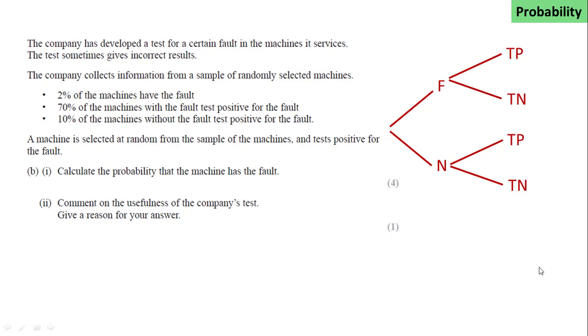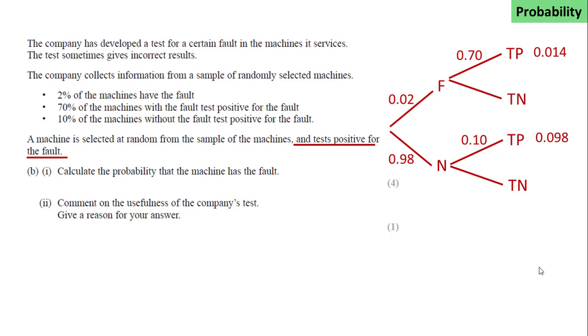Let's move on to some probability. A machine is selected at random from the sample machines and tests positive for the fault. And we have to calculate the probability that the machine actually has the fault. So let's complete our tree diagram first. 0.2% of the machines have the fault. And of those that have the fault, 0.70 test positive, and 10% of the machines without the fault test positive. So we can complete the tree diagram,